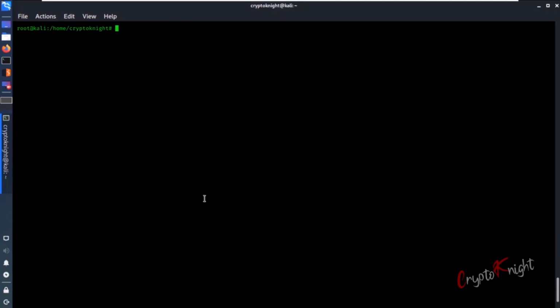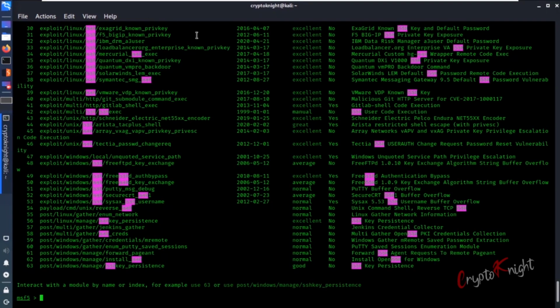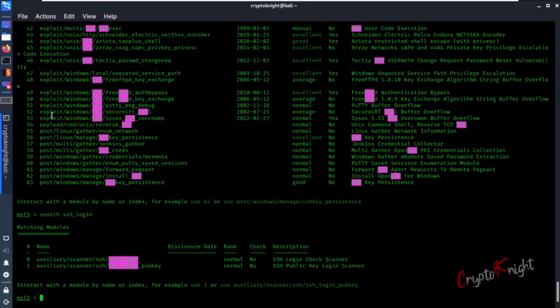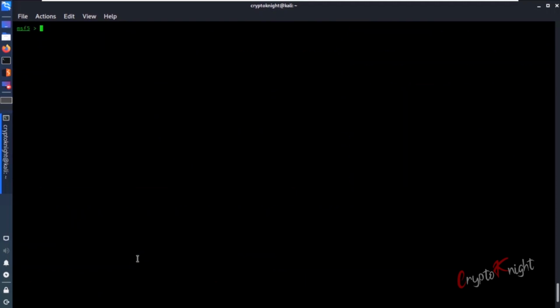Now let us see how we can exploit it through Metasploit. Again we will type msfconsole, hit enter. Now you can simply type search ssh. There are a lot of results, but we are currently looking for a login method. So let's search for ssh_login. There are two modules over here. They try a username, and if the username has been guessed correctly, it will try to log in using those credentials. So let's clear the screen and copy this first auxiliary module. Control L, we'll type use, hit enter.